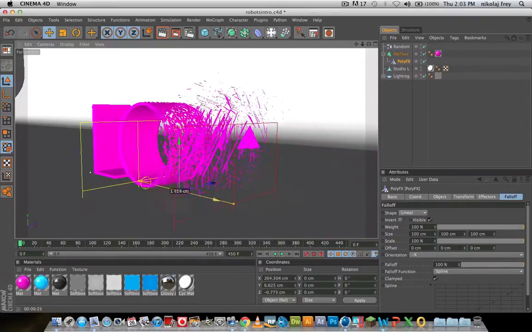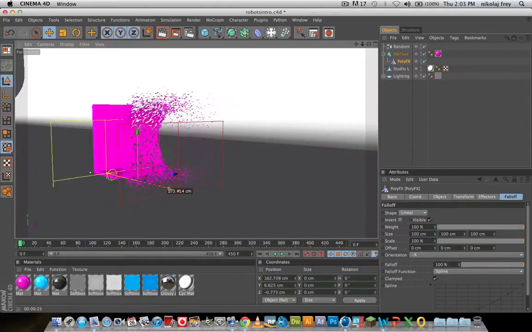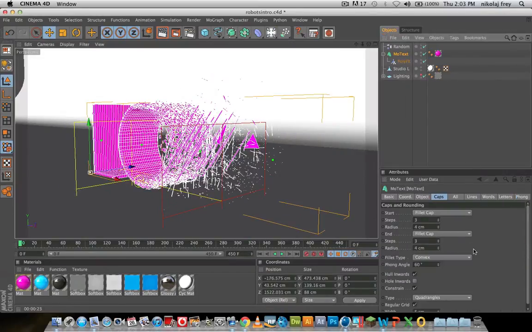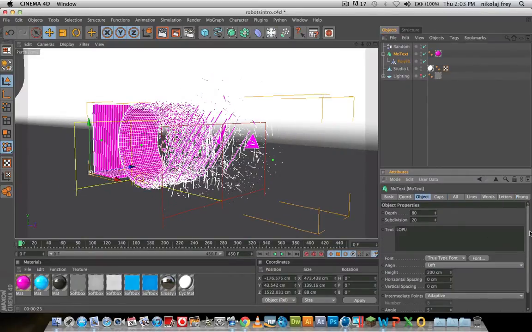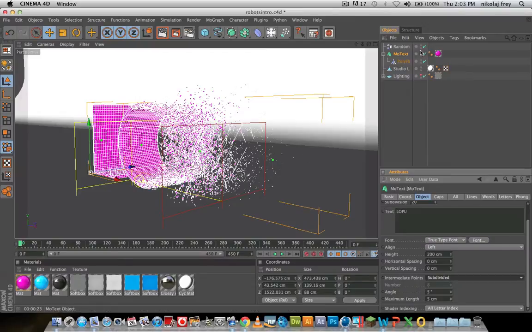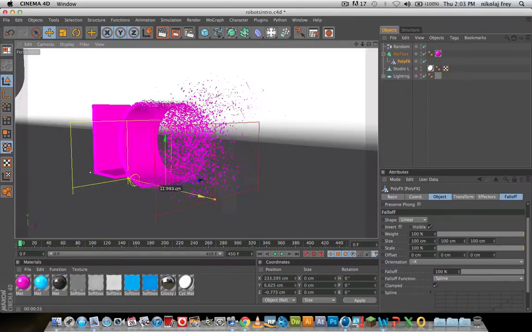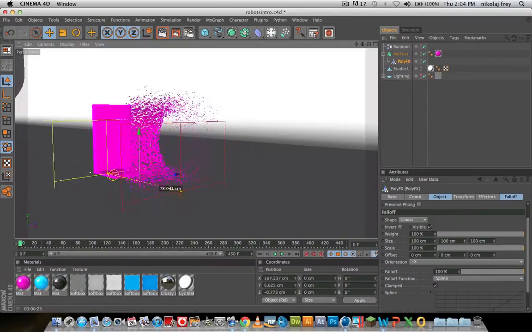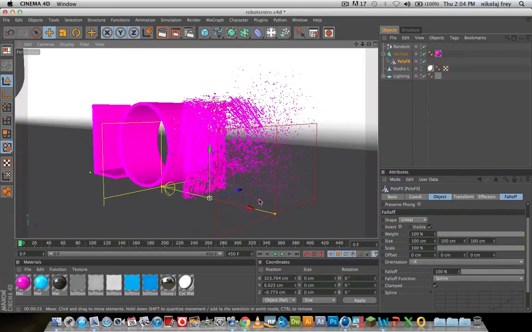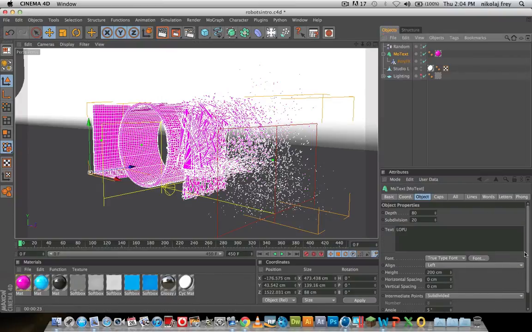You'll notice there's kind of lines everywhere, so we will have to go to MoText, down to intermediate points, put that onto subdivided, and now it's more particles. So that's already looking really good. Oh, there's still lines, so we'll just change that to